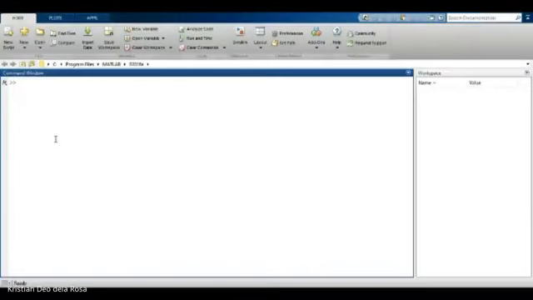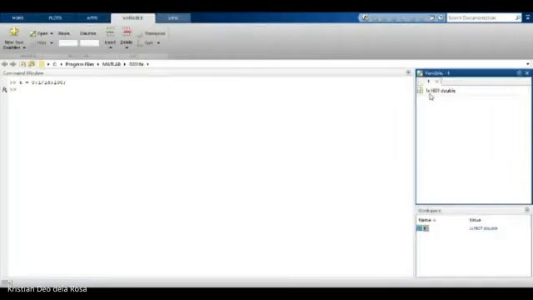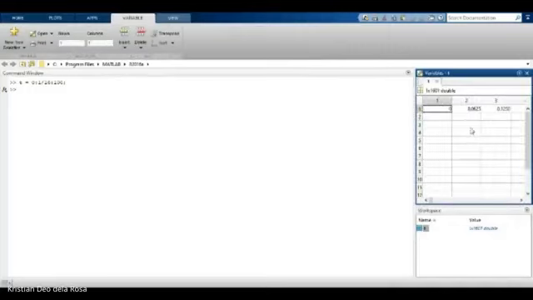So strategy number 1 natin is i-declare natin yung t. T is from 0 to 100 with an interval of 1/16. So suppress that because that would be very long. Enter. And as you can see, the size of this is 1 by 1601. Okay, so if you want to check the values, just double click on T and it will display to you the values